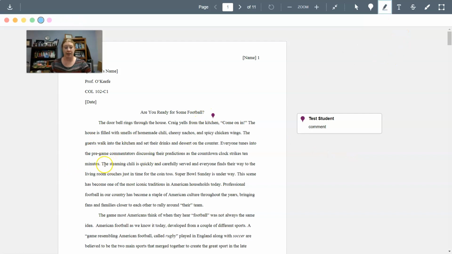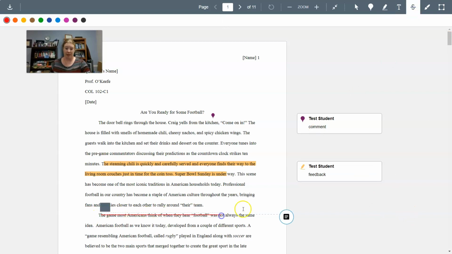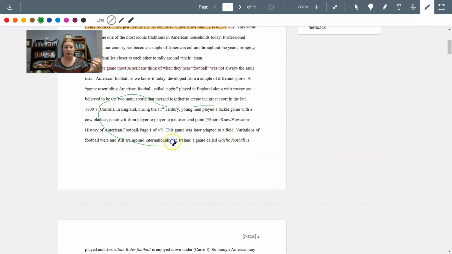You can also highlight things, which is cool. So if you wanted to highlight an area, and you can change the colors of the highlighting if you want to, and then leave some feedback on something. If you found a section that was poorly worded, you can strike out some stuff if you don't think that sentence is necessary. There's also a drawing tool if you really want to get creative, and then show some